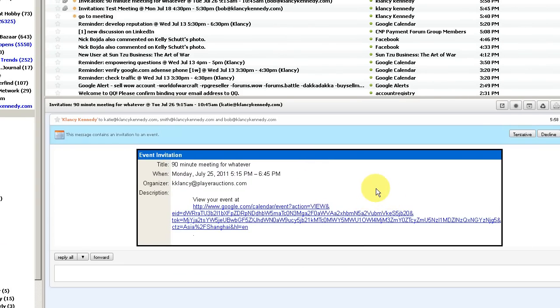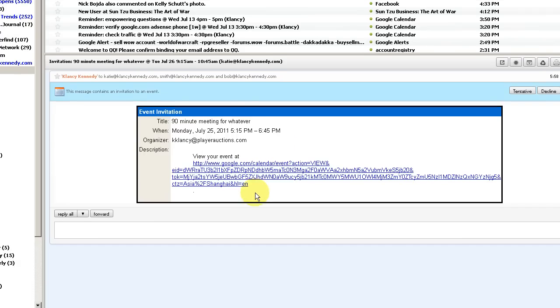Google Calendar automatically has my guest list, and each guest will have received a notification by email at their Gmail address, or whatever address was used for the invitation. And it looks just like this. And this will link to the Google Calendar so that they can see